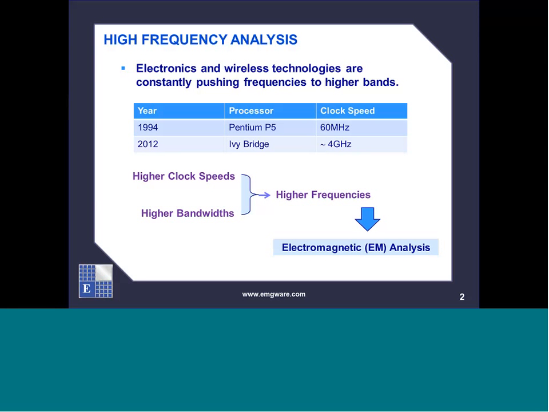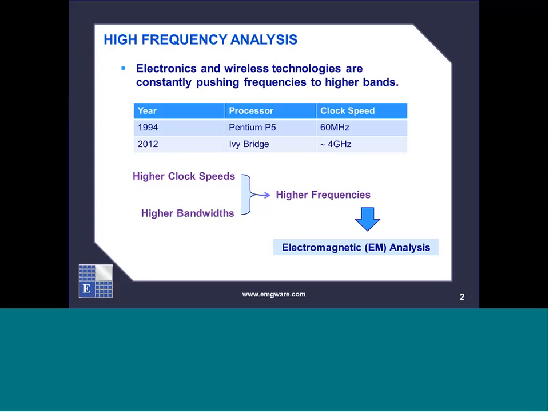As everybody knows, electronics and wireless technologies have been constantly pushing the envelope to higher frequencies and higher frequency bands. For example, the first Pentium P5 processor that came out in 1994 had a clock speed of 60 megahertz. Today we have Ivy Bridge that is almost 4 gigahertz, and at this frequency or clock speeds, everything becomes electromagnetic,